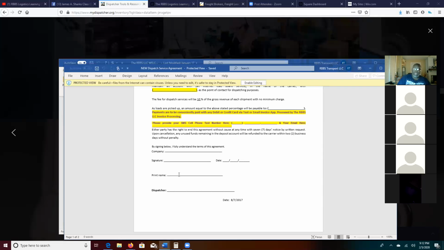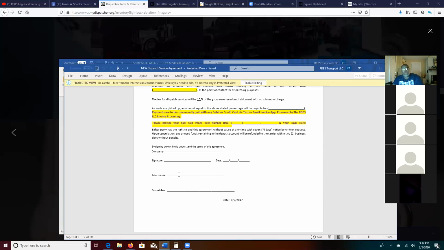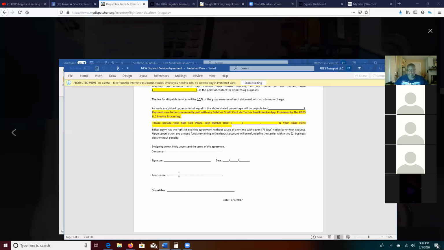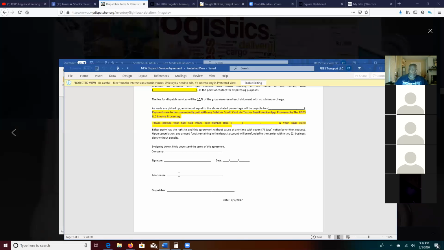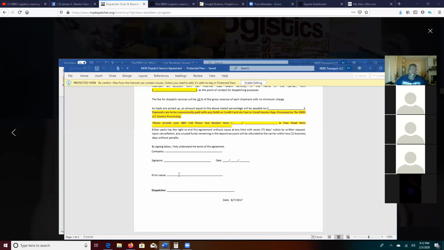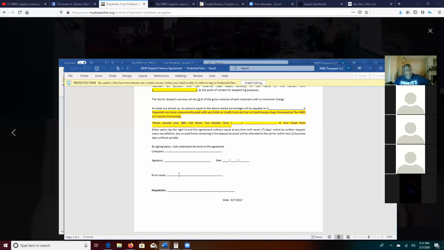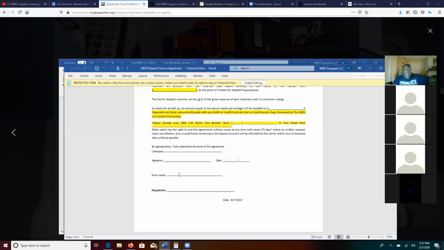Now you want to forward that packet over to the carrier and get the carrier to fill it out, or you can call the carrier and have the carrier give you the information and you can fill it out. Or if they send you a link, you can have the carrier fill it out and send it back, and they attach your email along with theirs so that you get a copy of it. The broker gets a copy of it, and they got a copy of it. So in the future, when another broker says, I need a carrier packet, what do you do?